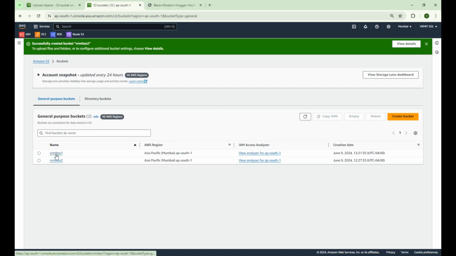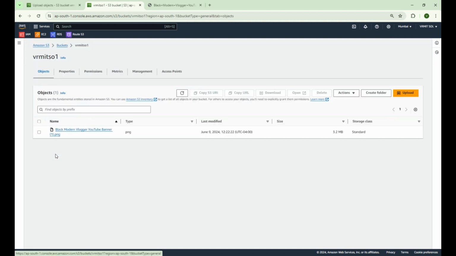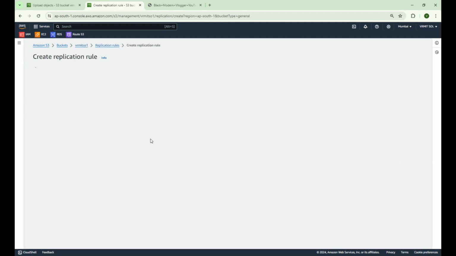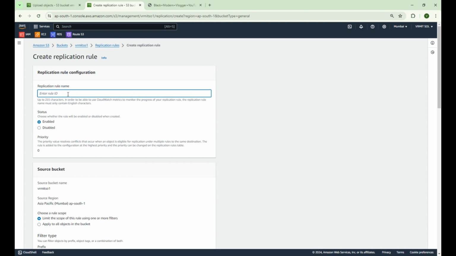Yeah, now my second bucket has also been created. So now I have to go to bucket one, my source bucket, and enable the replication rule. For that I have to go to management and enable replication rules there. I have to give a name,